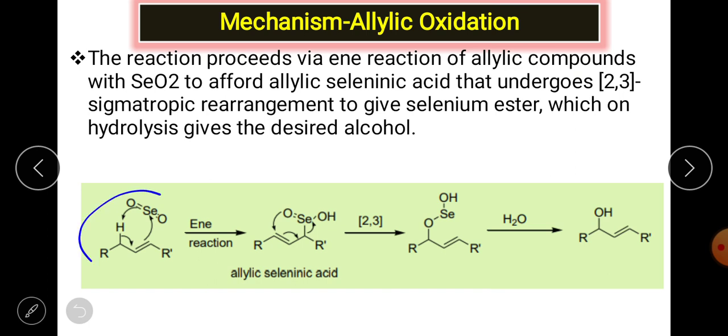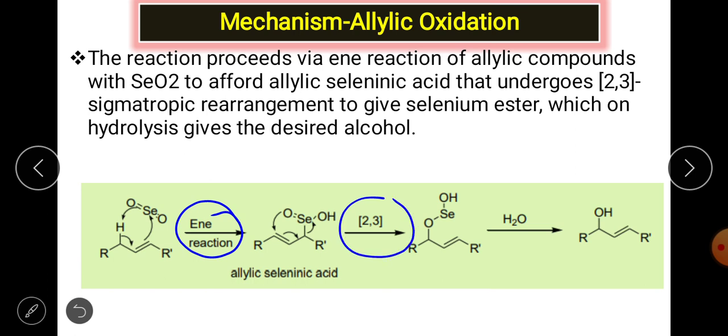So whenever alkenes are converted into the unsaturated alcohol, that is the oxidized product, two common reactions occur. One is an ene reaction followed by a 2,3 sigmatropic shift. This is a CSIR question again. So the oxidation of alkene to the allylic alcohol proceeds via ene reaction followed by the 2,3 sigmatropic shift. Okay, the mechanism is given. First of all, this hydrogen will be shifted as in the mechanism, and you get this OH here, and finally it undergoes the 2,3 sigmatropic shift.